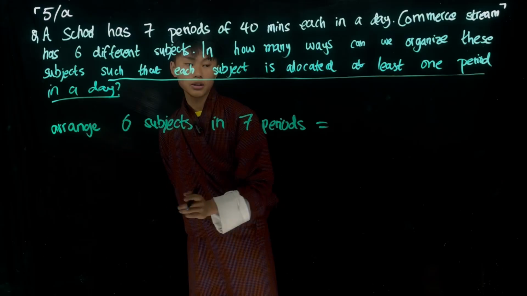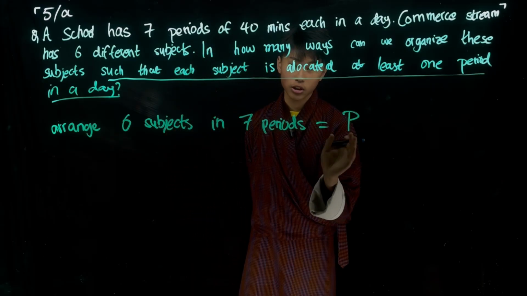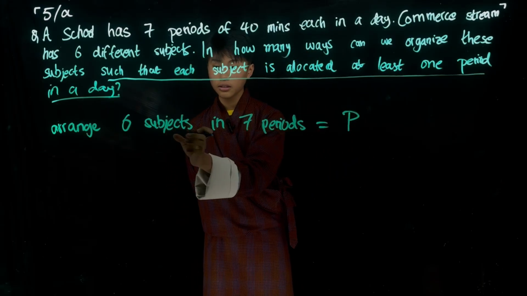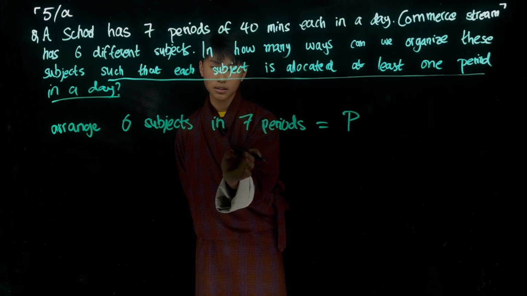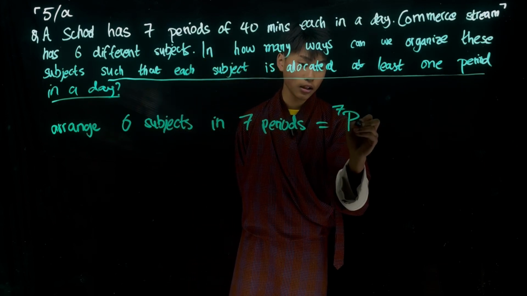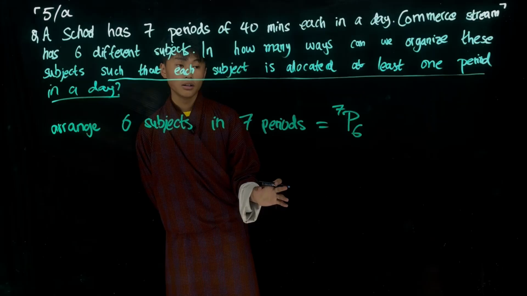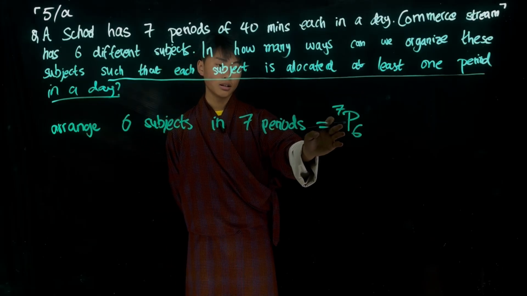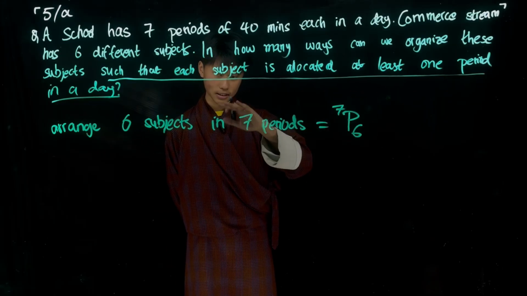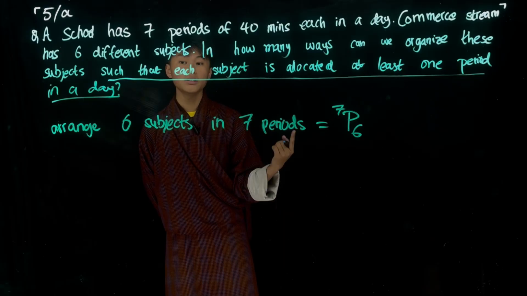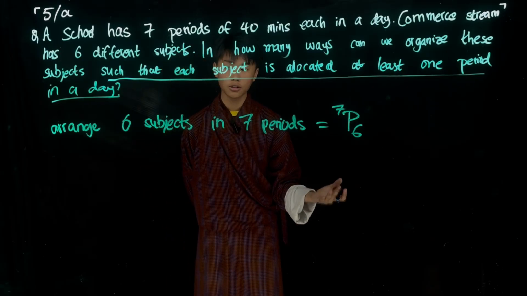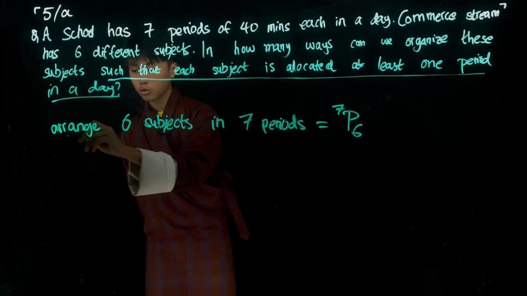So arrangement means we will be using the concept of permutation, and we will be arranging, assigning 7 periods, 6 subjects. So this can be done in 7P6 ways. Now, after assigning 6 of the periods, 6 subjects, we still have one more period left over that does not have a subject assigned to it. So what we will do with it is,